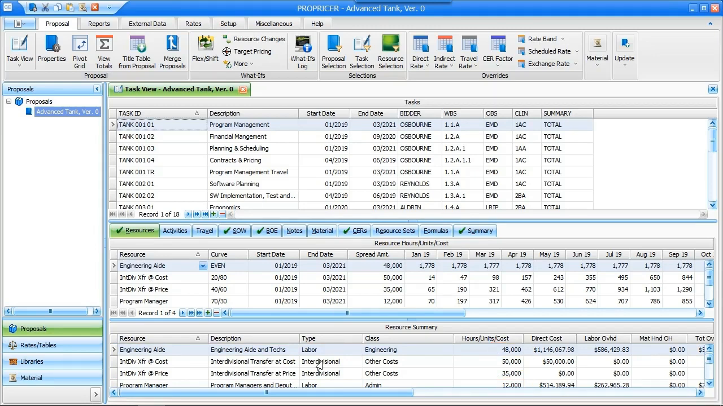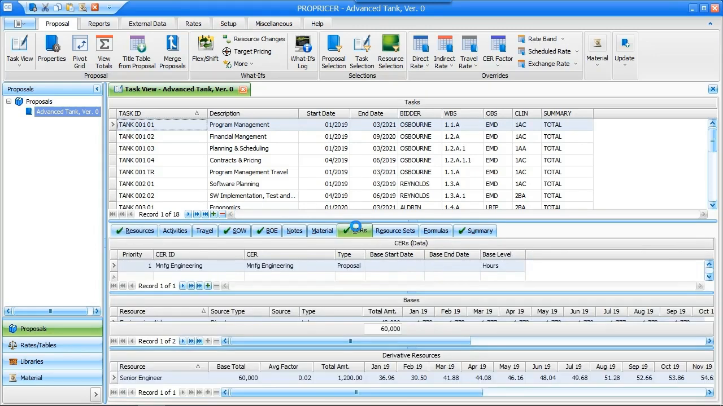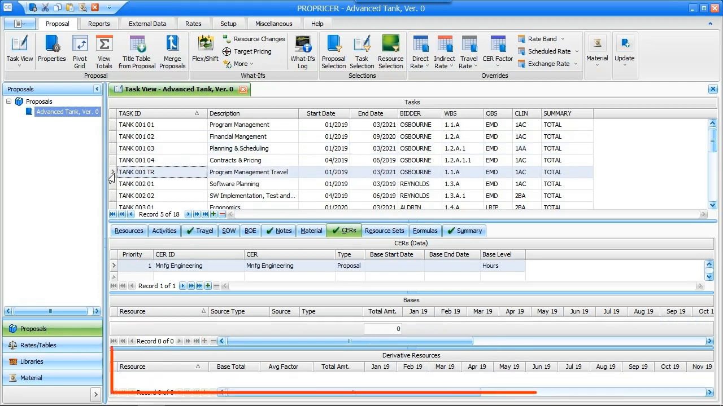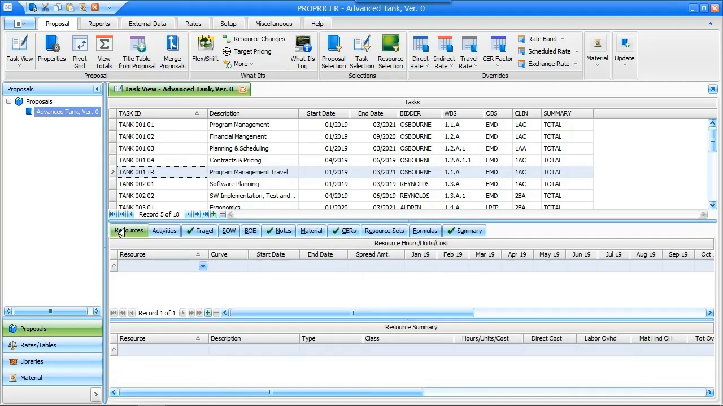If I switch to the CERs tab, notice that the Senior Engineer resource has been added to this task at a rate of 2% of the 60,000 hours, or 1,200 hours. As we scroll down through these tasks, each one has the proposal CER applied to it, but on task Tank 001TR, there are no CER hours added to the task. This is because labor resources do not appear on the Resources tab, so there are no base resources for the